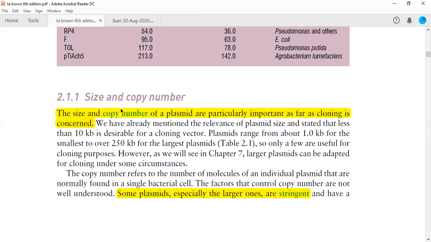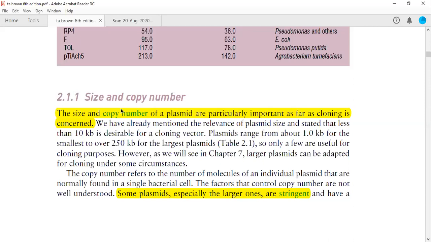Generally, plasmids with high copy number are selected for cloning, because there is a chance of loss of plasmid if you choose a stringent plasmid. First of all, stringent plasmids are large in size, so there is a problem of their breakage during the purification process. And second, stringent plasmids are present in only 1 to 2 copies per cell. Therefore, there is a chance that they can be lost. Curing can happen in the case of stringent plasmids.